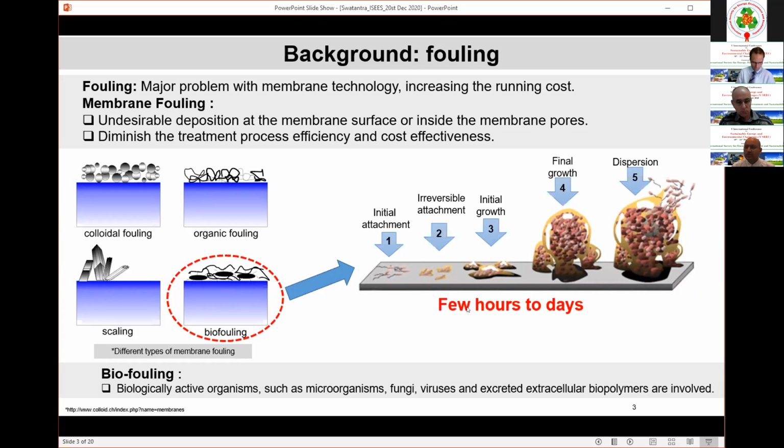So this shows the overall potential of biofouling, and that's why a lot of work is going on for biofouling. Other fouling has also created a lot of problems, and many researchers are working to control these foulings. But with biofouling, if you have enough nutrients and other things, then it can get worse, and that can happen in a very short time.